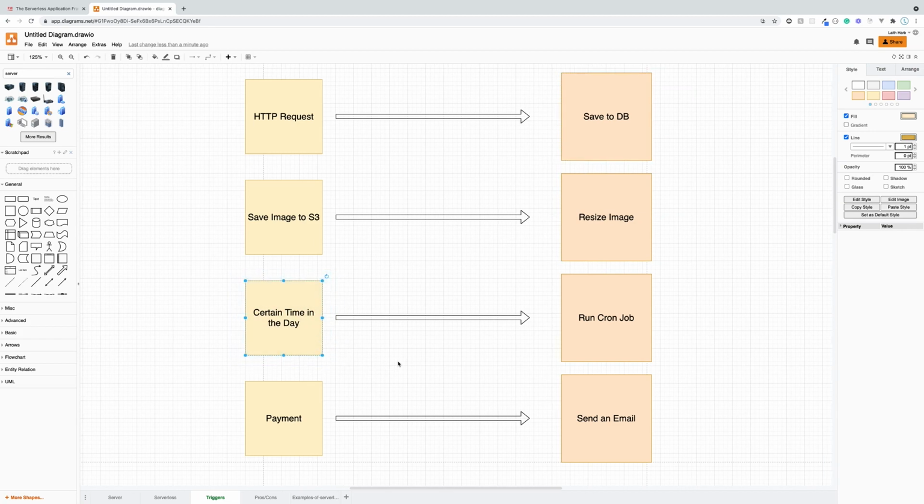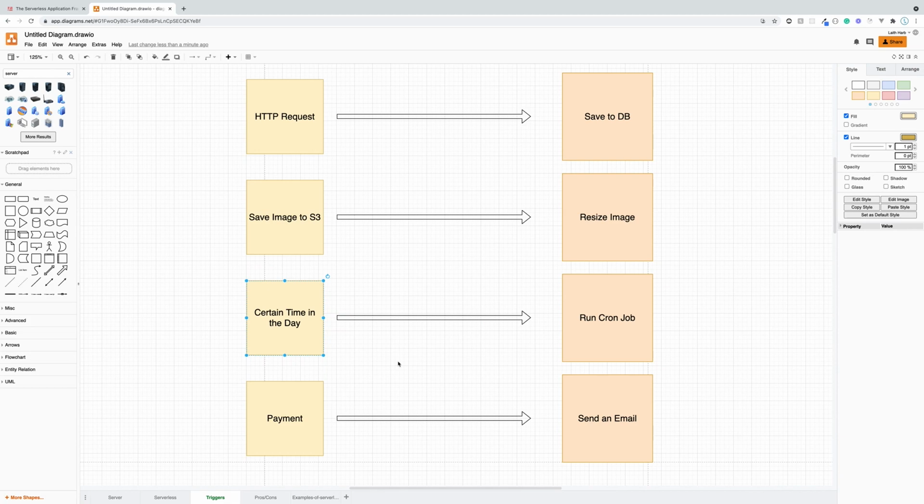Let's say we want to run a job every single day at 12 o'clock. Well, that could be a trigger. Once we hit 12 o'clock, we can have some sort of trigger that triggers the spin up of a function, and that is going to go ahead and run a certain job for us. Maybe it's going to clear the database, or it's going to do some sort of analytics. At the end of the day, it's some sort of cron job. But we can basically trigger a Lambda function or some sort of function to do that through a certain time